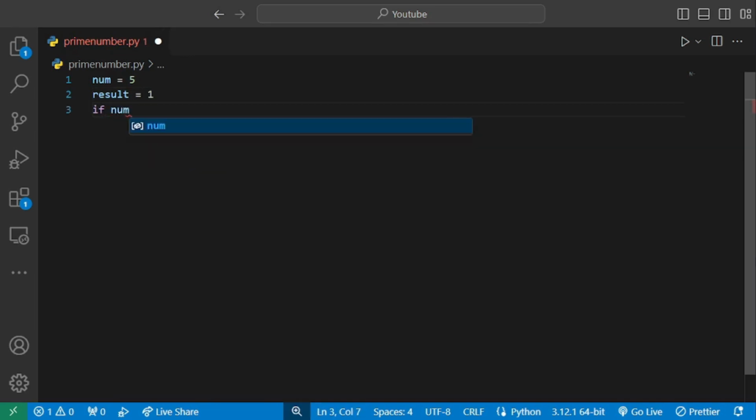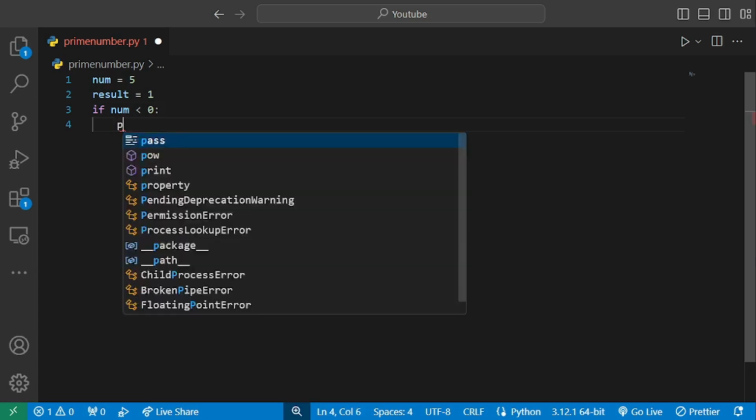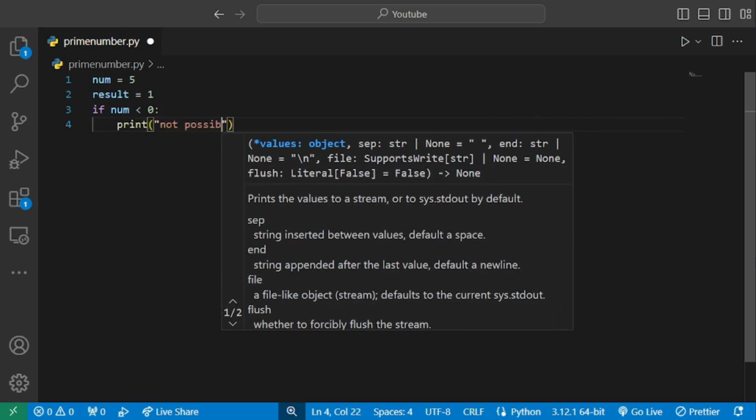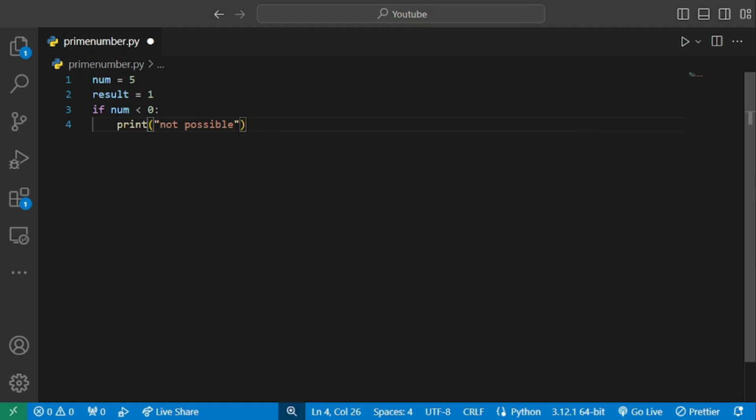If number less than 0, print not possible. Factorial of a negative number doesn't exist. So if number less than 0, print not possible. That's why we take result equal to 1. Else